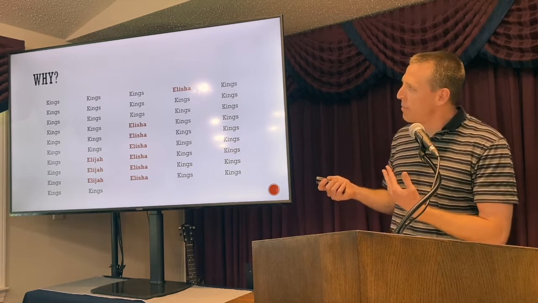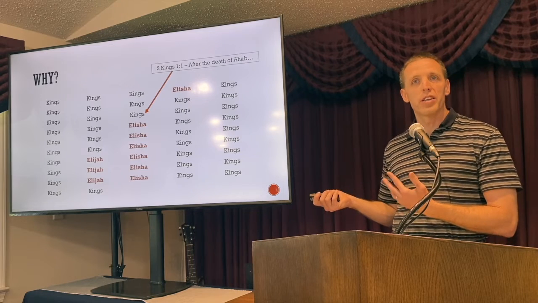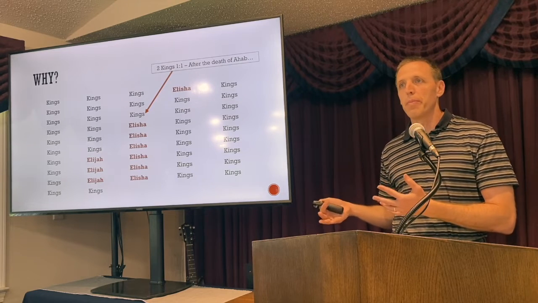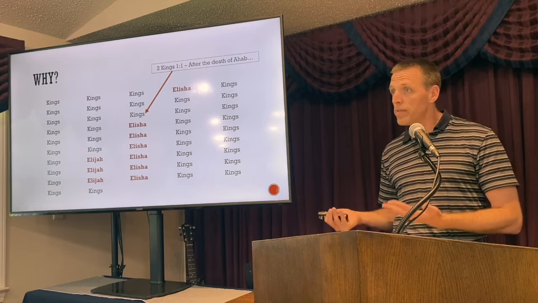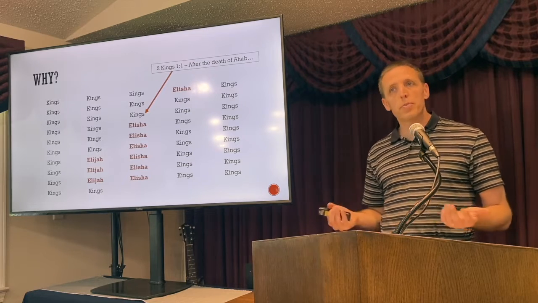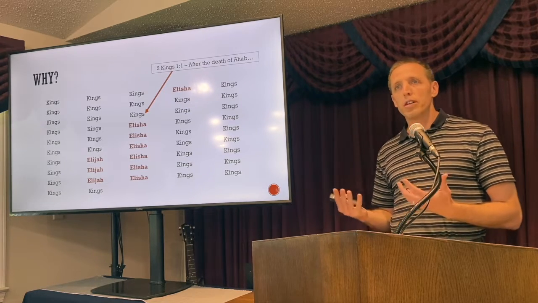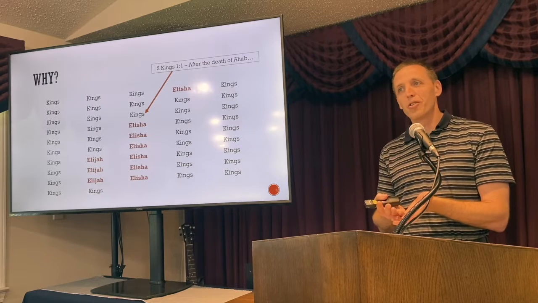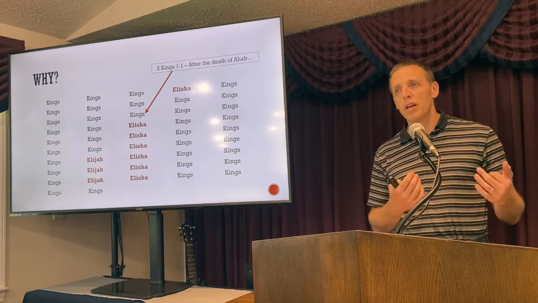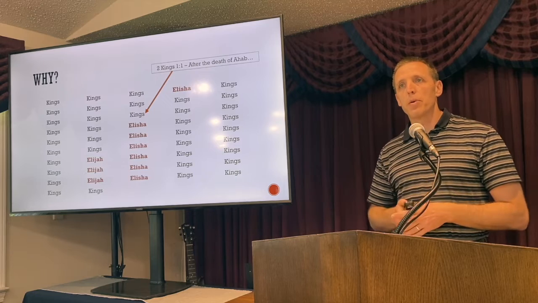But if we put this up there, who do you think it's going to transition to? Who's going to be the next person our epic is centered around? Elisha, right? It's going to be Elisha. This is probably not that surprising for those of us who believe that there are markers in literature like happily ever after and once upon a time.